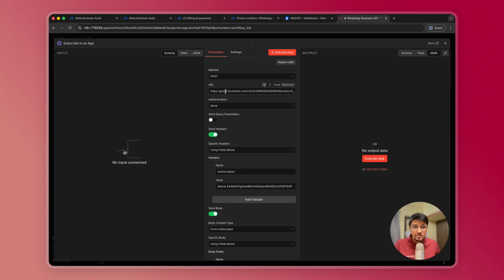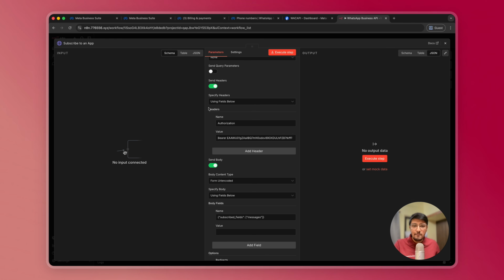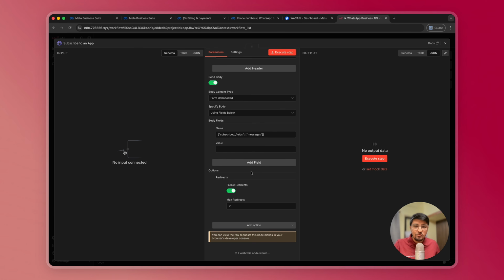Here the URL is same. Then you'll have to enter your WhatsApp business account, not the phone number ID, the WhatsApp business account ID that we have copied and pasted earlier. And the endpoint is /subscribed_apps. Here under headers, you'll have to pass the same header, that is the authorization, and under value, bearer space the permanent access token. And here there are some fields which you can copy paste from here, or simply if